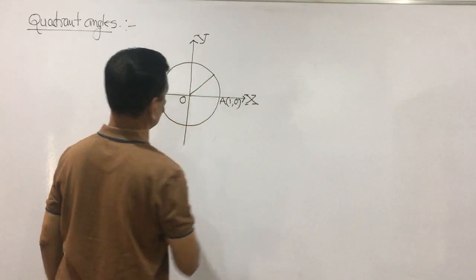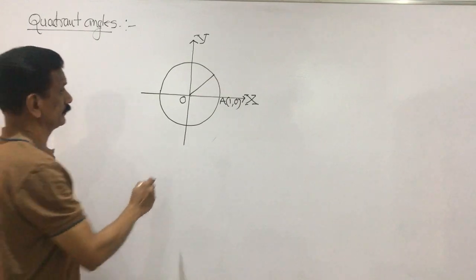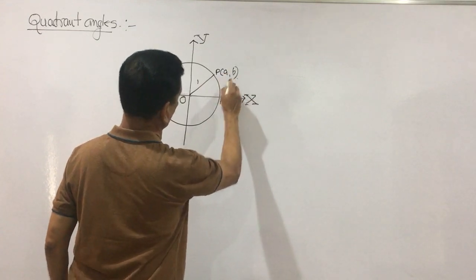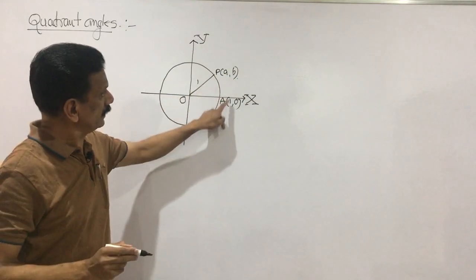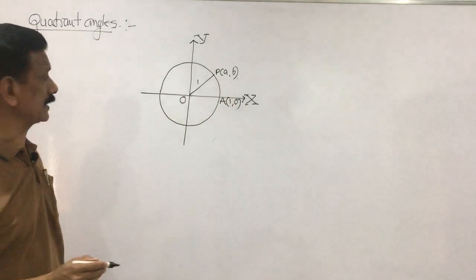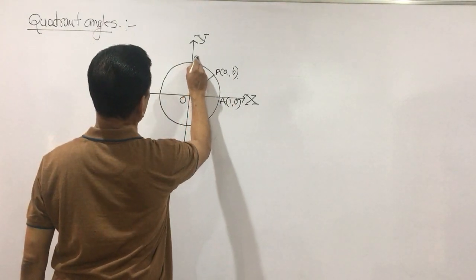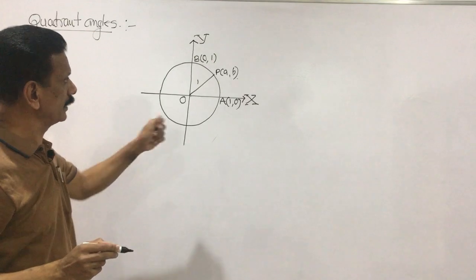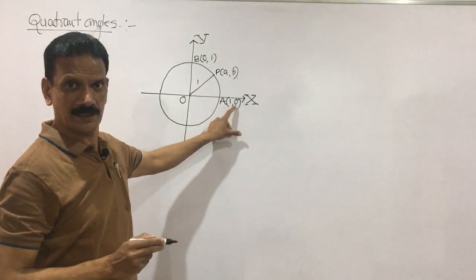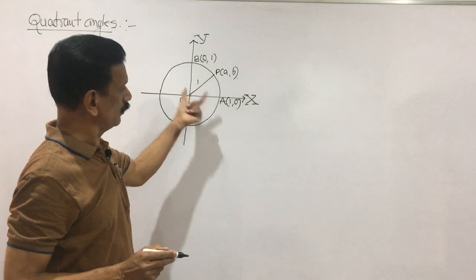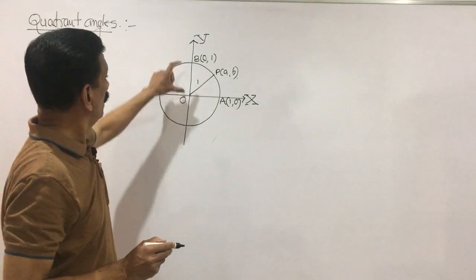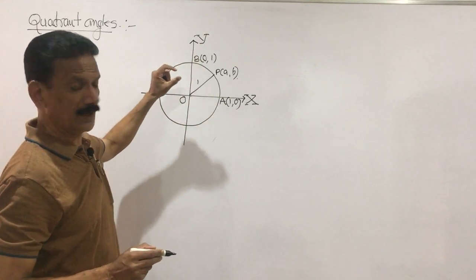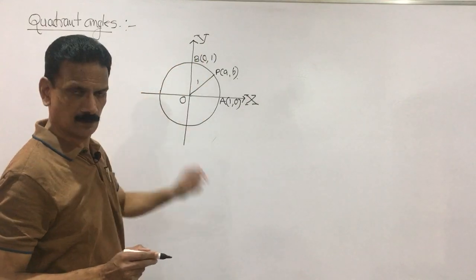Here this is the radius, and the radius is 1 unit, and P is a point whose coordinates we have taken as (a, b). Where a is 1 and b is 0 when the point is on the x axis, and this is a point B, and you know that the coordinates of the point B are (0, 1), because any point on the x axis has y coordinate 0 and x coordinate OA, which is the radius of the circle. And any point on the y axis has x coordinate 0, and y coordinate is nothing but OB, that is 1.